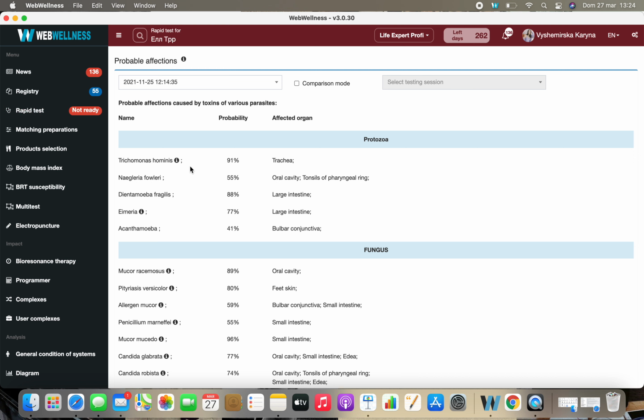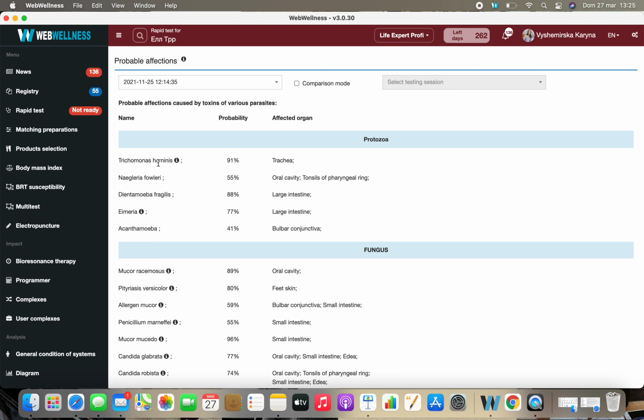The difference is that the clinically tested people, they have all the parasites that were found. So in this case, 91% doesn't mean that there is a 91% probability that this patient we have tested has this parasite. It means that from the database of clinically tested people, out of all of the people who have the same age and the same gender as our patient, and those who have the same result of electroconductivity or a very, very similar result, 91% have